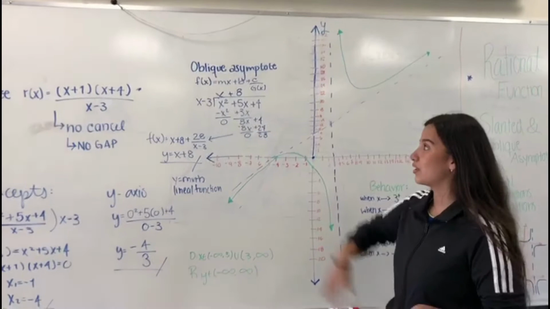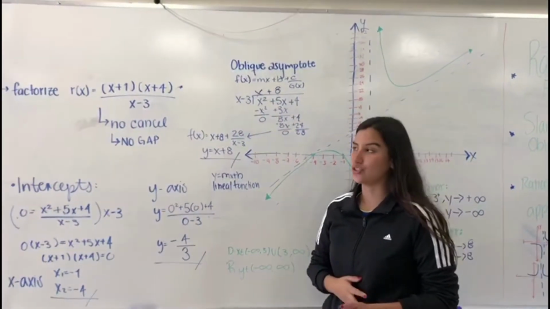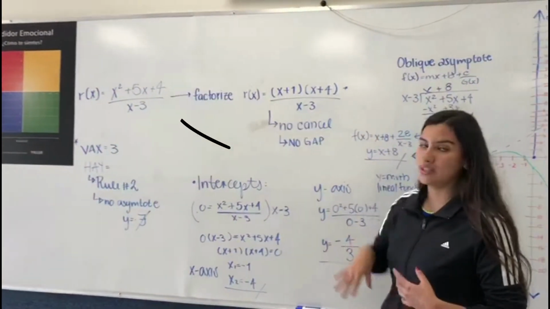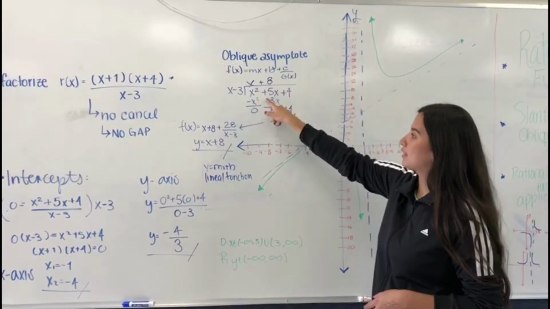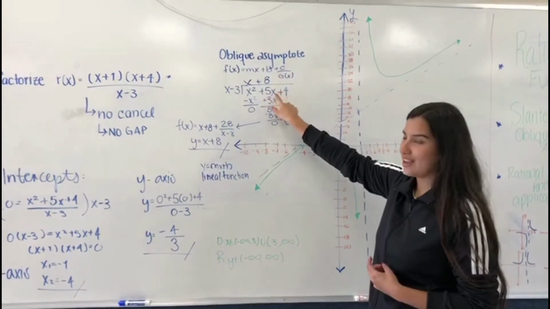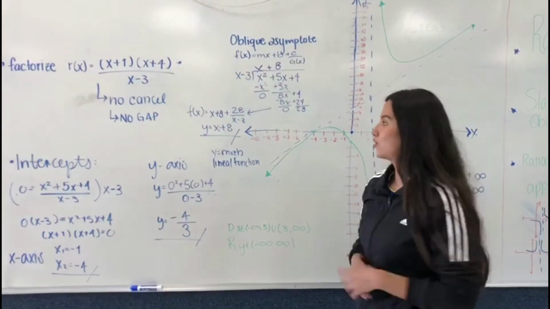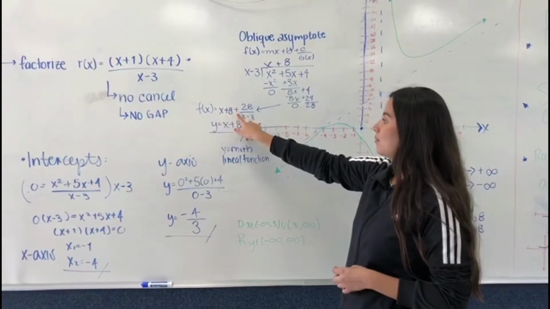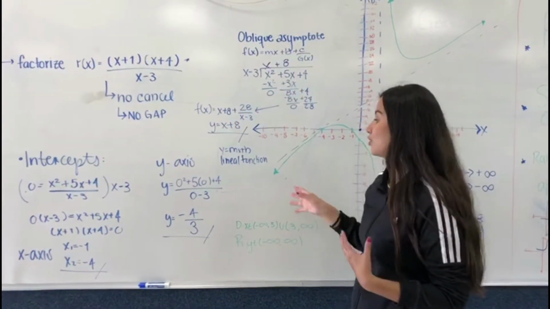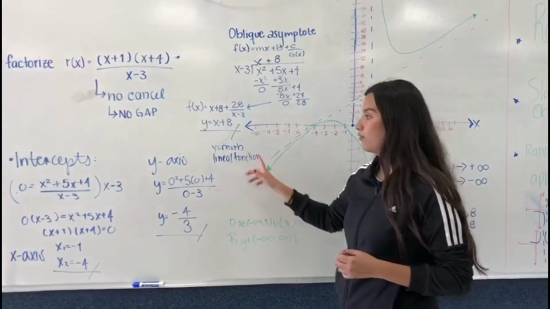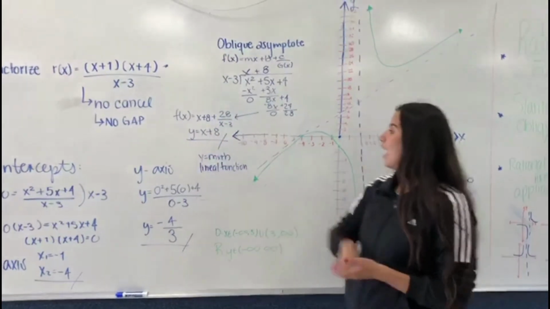To have the result of the oblique asymptote, that is this line, you have to do a synthetic division, that is numerator divided by denominator, that in this case is x to the second power plus 5x plus 4 divided by x minus 3. And as a result, you get x plus 8 plus 28 divided by x minus 3. And you have to take only the linear function, that in this case is x plus 8,